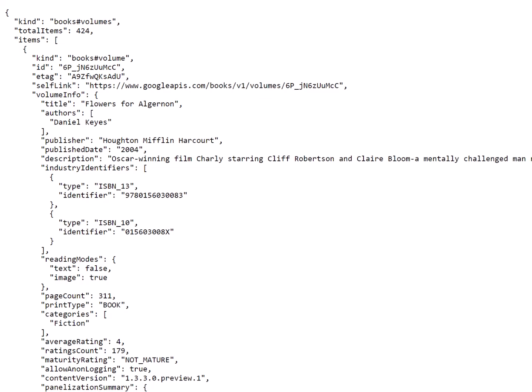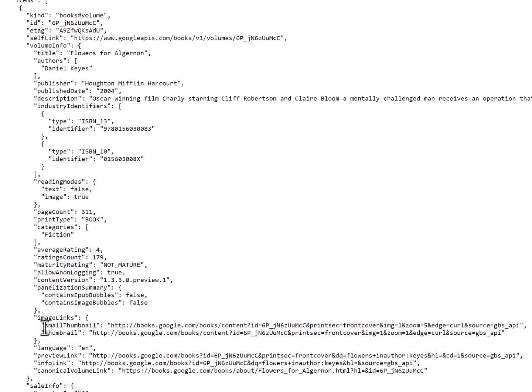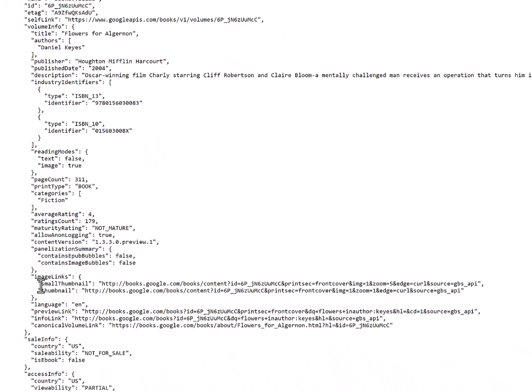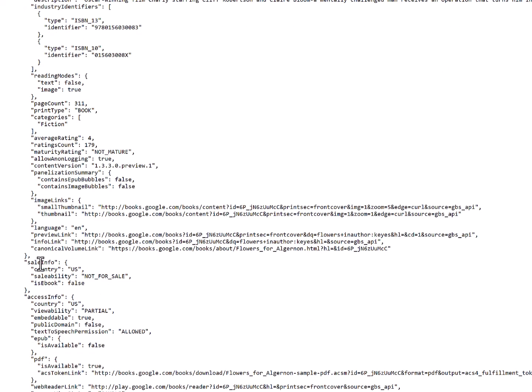I could attempt to parse the image links and retrieve the thumbnails that they have, but that basically duplicates what I'm doing with my cover image routine within the PowerApps, so I didn't really bother to do that, and so on. You can see there's a lot of other information that I don't particularly need or want,